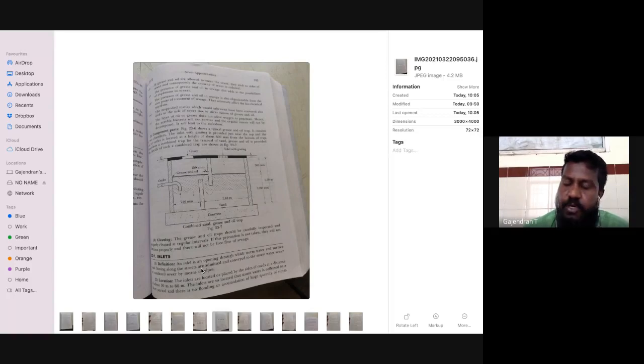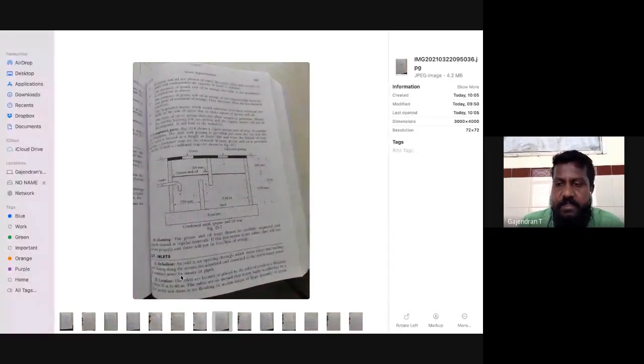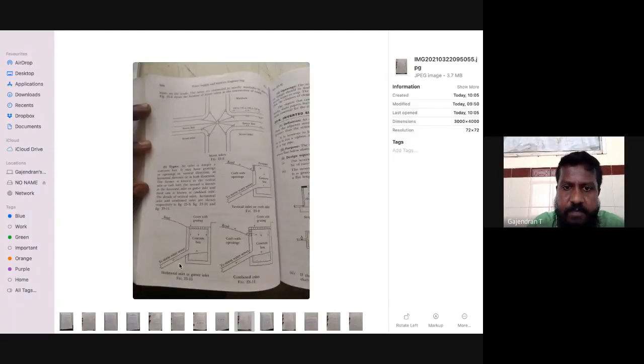Then we can see what the inlets are. Inlets are the entry points from the roadways or walkways where a grating is put into. Okay, you can look into the bottom part, not the top image. You can have three images at the bottom. So on the pedestrian path, on the side, pedestrian path on the road, the image which I'm talking about is the one on the top right, which says footpath road, figure 23.9.